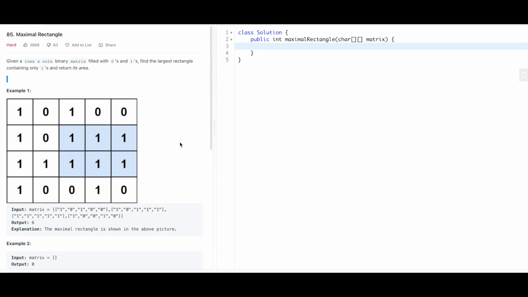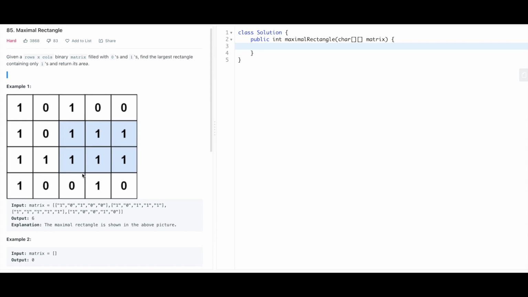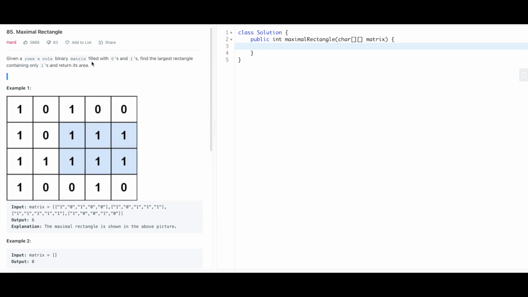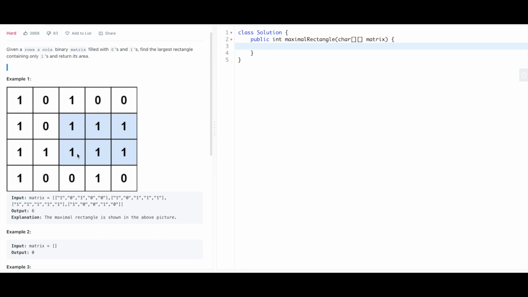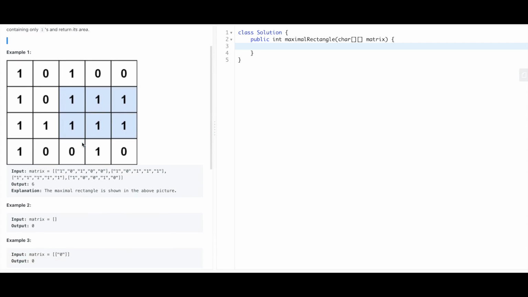This is Maximal Rectangle, LeetCode problem number 85, and it is listed as one of Google's top interview questions. So the problem is you're given an array of zeros and ones, and it makes a matrix, and you want to find the largest rectangle that contains only ones. So in example 1, the answer is 6 because these ones here of this row and columns make up a